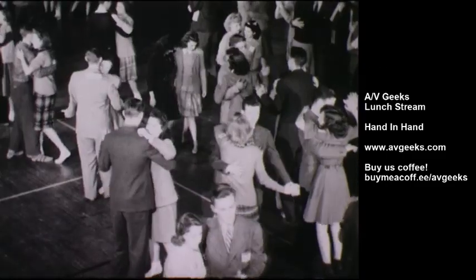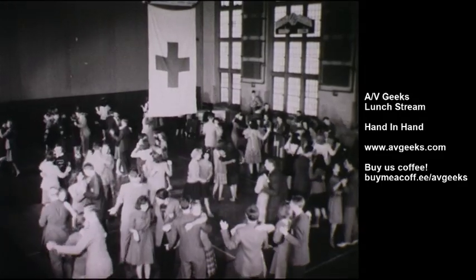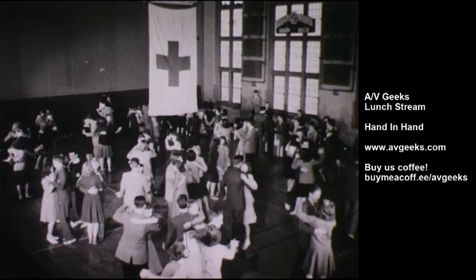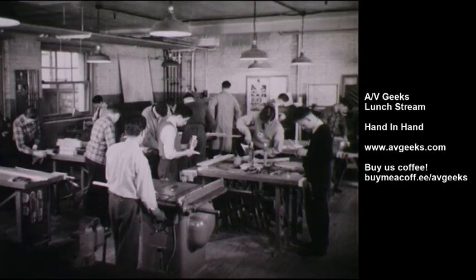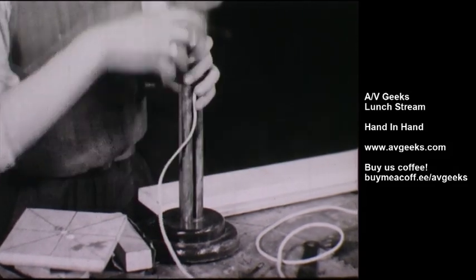The dance was a huge success. Everybody had a wonderful time. We made enough for our service fund to finance most of our wartime activities. Lamps for Army and Navy recreation rooms, outfitted by the Red Cross, are being made by the boys in the